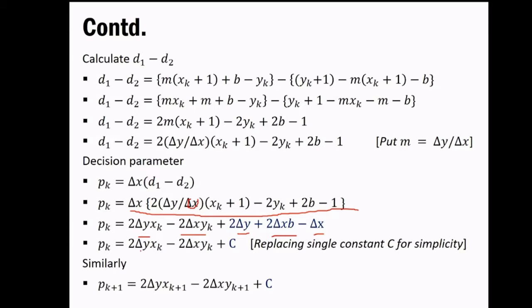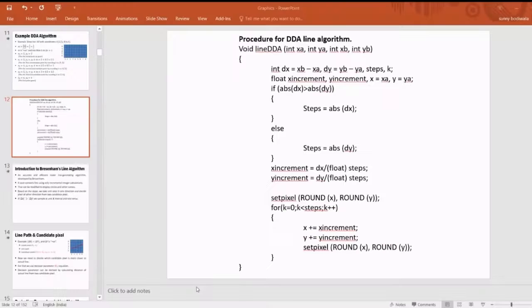Similarly, if we have calculated this for pk, a similar thing needs to be done for pk plus 1, because we are checking it for each and every intermediate point. So for each and every intermediate point we need some decision parameter. We can't be relying on the one thing that we have. So at each and every stage we have to follow this, with k replaced with k plus 1 in our case. Now write down this in your notebook, that is the pk plus 1 equation. Okay, so as of now done, very good. Is it simplifying? That is fine if you are getting this.